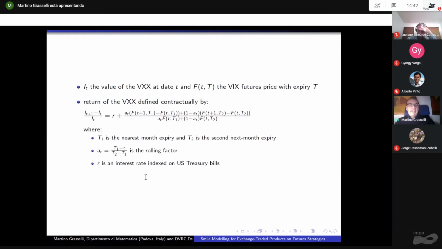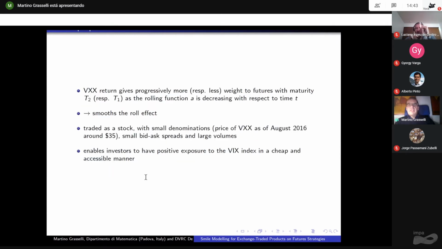Okay, so A is a rolling factor, and basically you see that according to the fact that you're approaching the maturity of the first expiring future, you put more weight on the second future in order to mimic the behavior of the first expiring 1 month future. That's the idea. And thanks to also the possibility to have a very small amount in this kind of market,